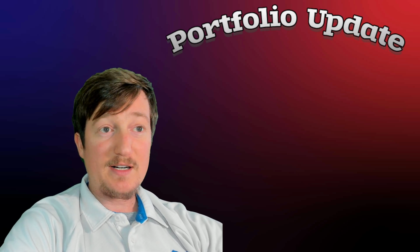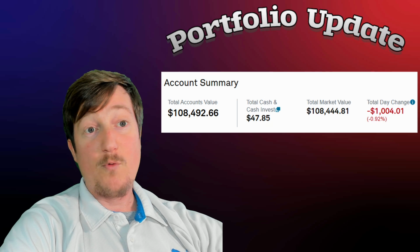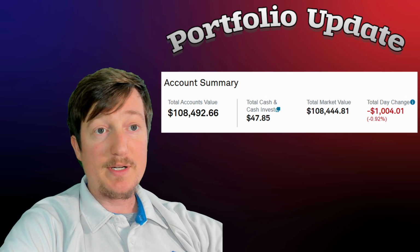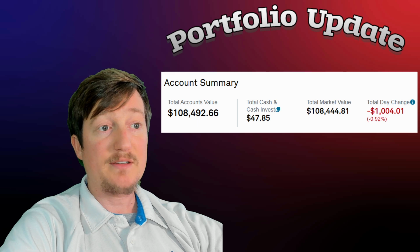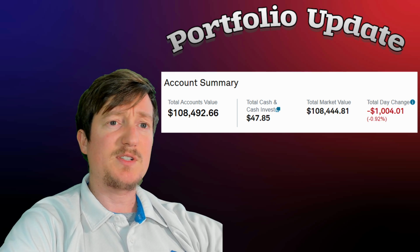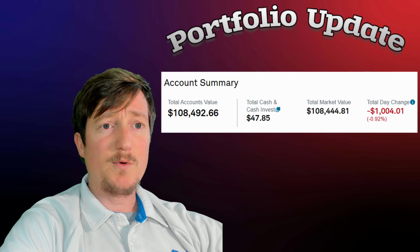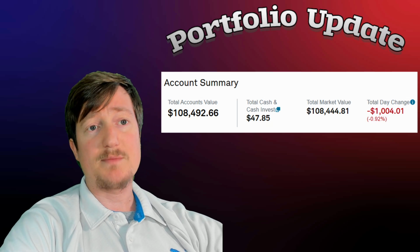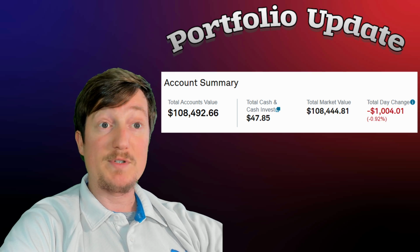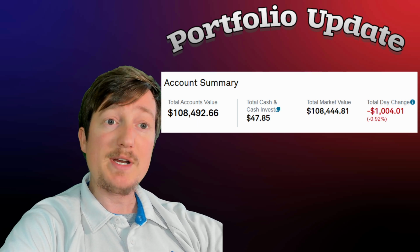So as you can see here, the account sits at $108,490. And yeah, we were down pretty good today, even with the market flat. We were down like 0.92%, whereas the market was flat. So lots of stocks in the portfolio got hit today, even though we had some stocks making big moves, and we'll talk about that later. The majority of them were down, even though we sold calls. So it was a pretty nasty day,